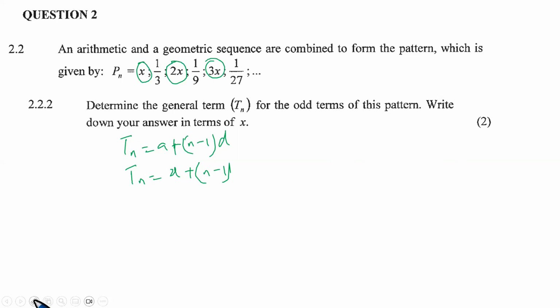What did the examiner mean by odd? They meant those whose position is odd. So in other words, this is T1, this is T2, this is T3, T4, T5, T6, T7, T8, T9. So the odd positions,